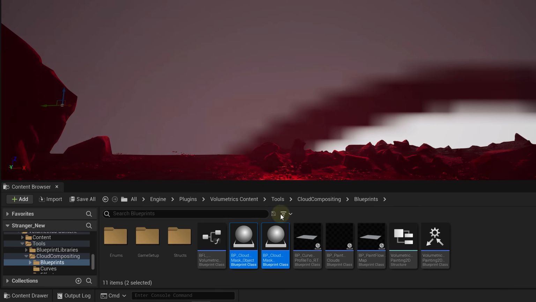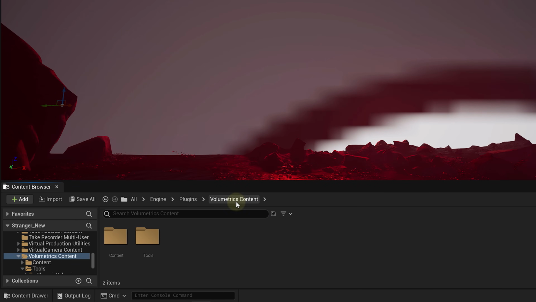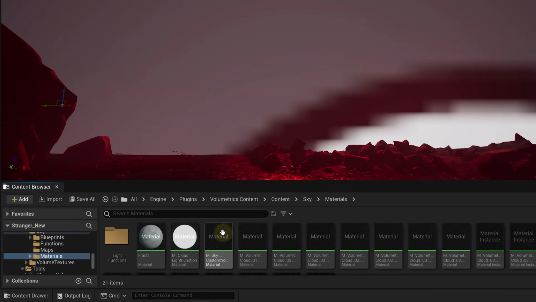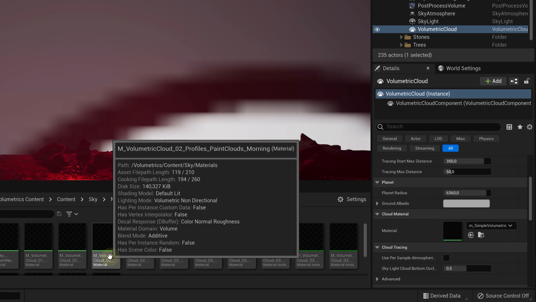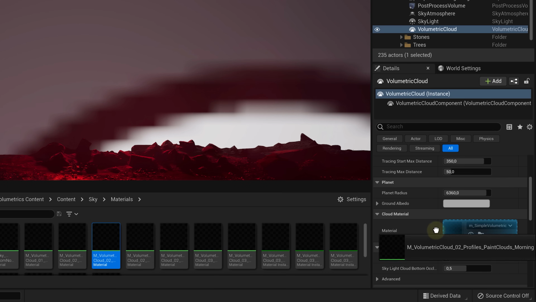So in the content browser, go back to the volumetrics content folder, choose Content, Sky, and Materials. You have a ton of different ones which you can play around with, but we'll go for the volumetric cloud 2 profiles paint clouds morning. Simply drag it over to the material in the